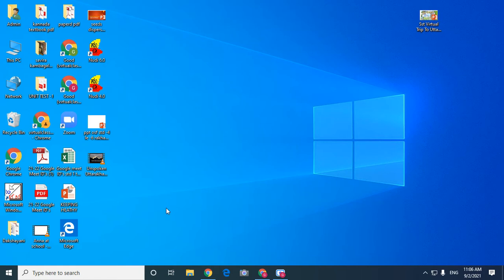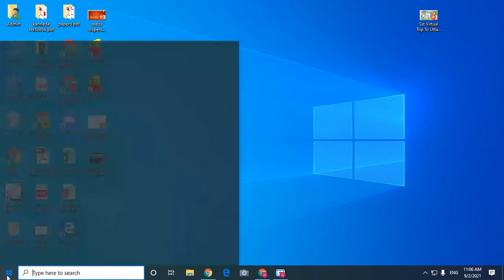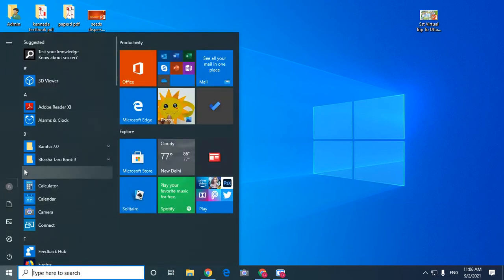File Explorer is the program that lets you view, create, copy, move, rename, delete and search files and folders easily. To open that, the first step is to click on the start button. Right here, the start button.